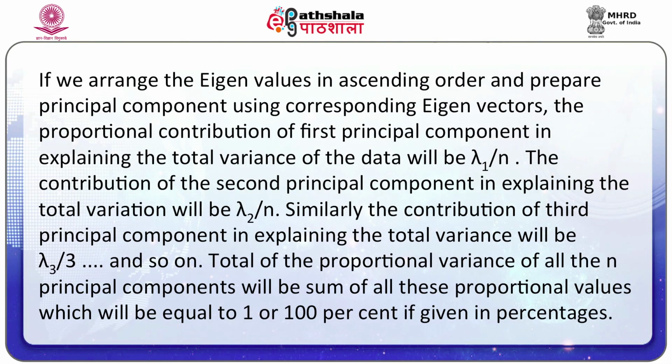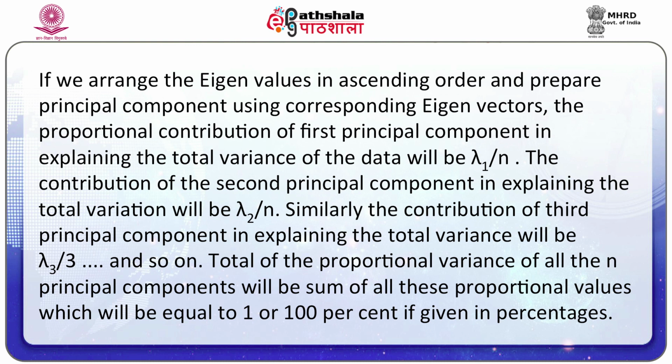If we use the first eigenvalue, that is the highest eigenvalue, and the elements of the eigenvector associated with it as the weights to prepare principal component, the component will be known as first principal component. Similarly, if we use the next highest value of the eigenvalue and elements of the corresponding eigenvector as weight for working out principal component, it will be known as second principal component. Likewise, we can get third, fourth, fifth and nth principal components.